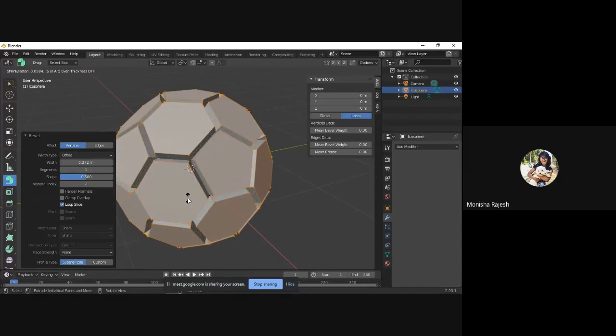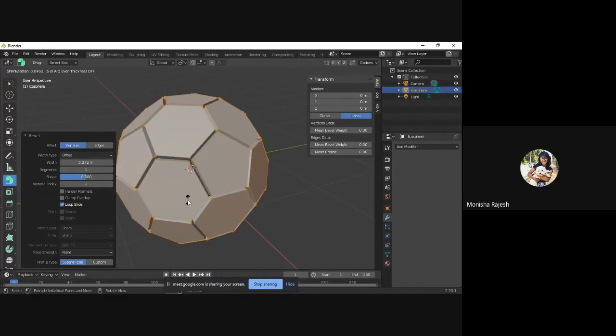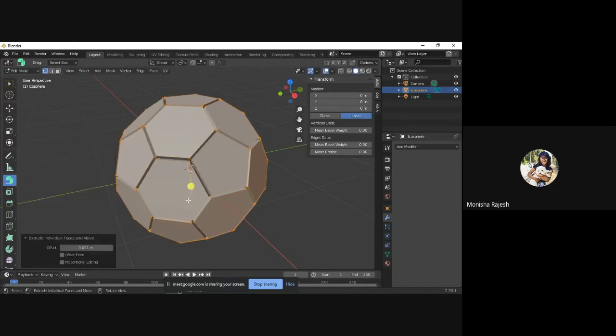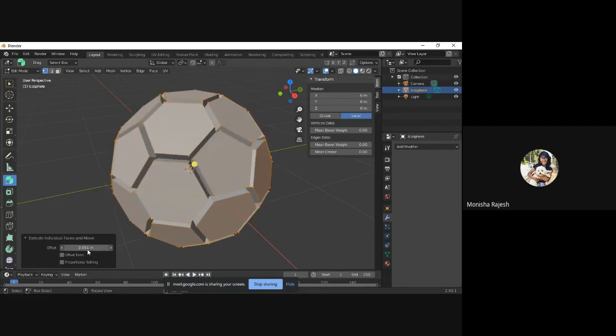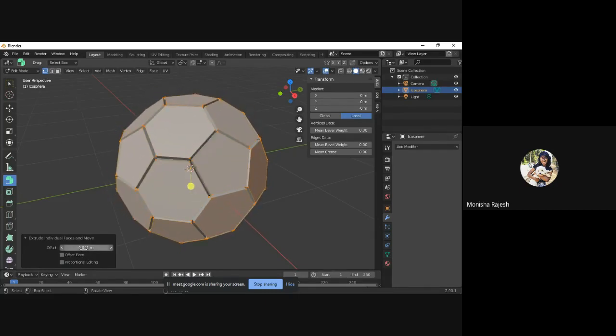So I'm going to drag the other direction. When I do that, it's pulling out the faces, which is what I want. Once that's done, I'll let go. And once that's done, you can again reset how far you want the offset here in this menu. As soon as I let go of my mouse, you can adjust this. As needed, I can either push it down or pull it up. So I'm just going to leave it here, right?